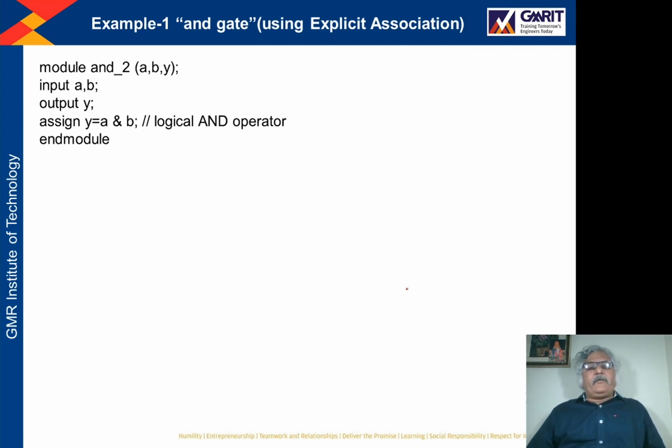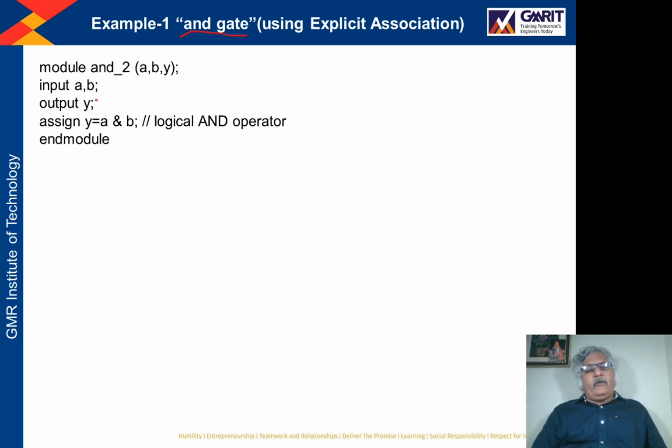So we will see one example of an AND gate, and how to write the test bench for this AND gate. This is the code of two input AND logic. Already we discussed it in the previous lectures. This is an example of the data flow model, because we have used the assign keyword here, right? So it has the inputs A and B and one output Y.